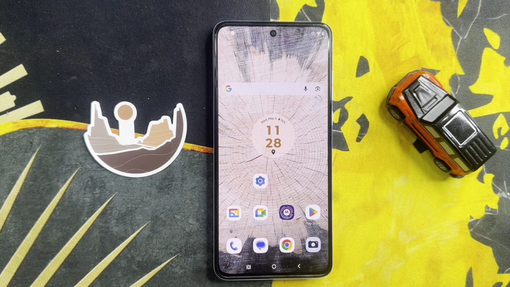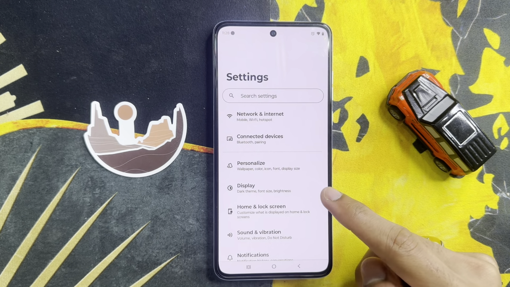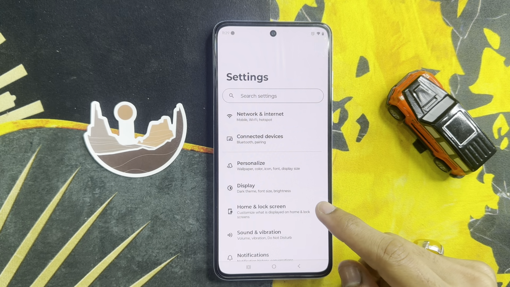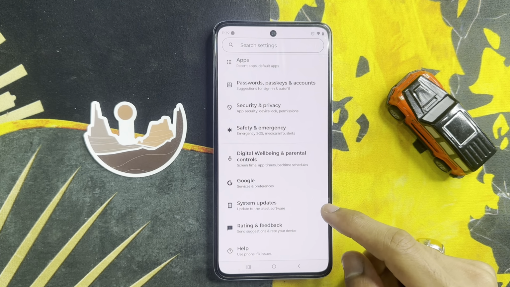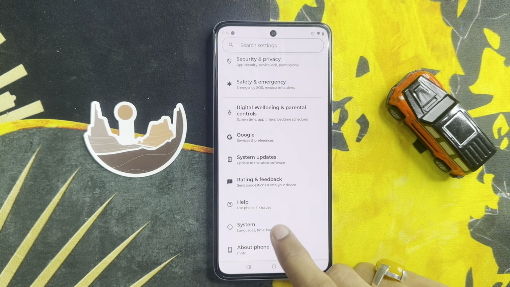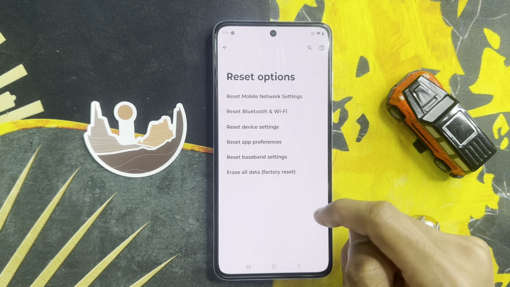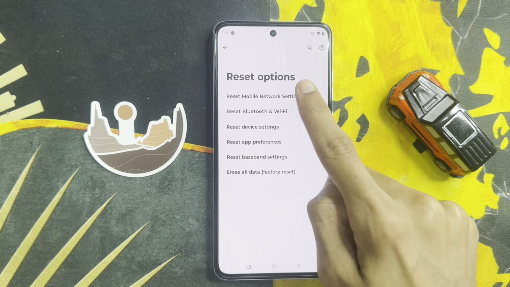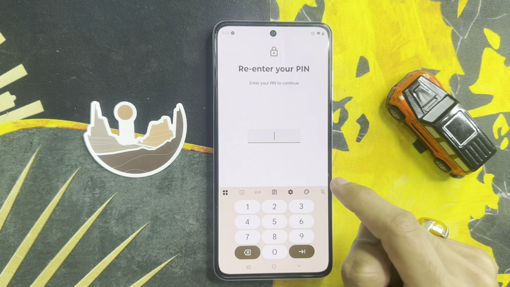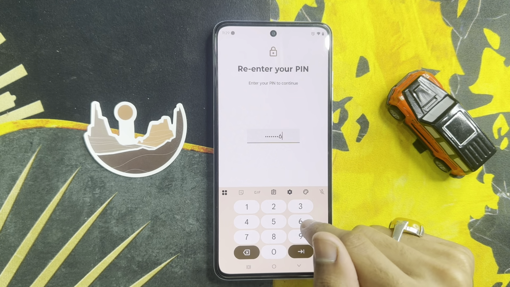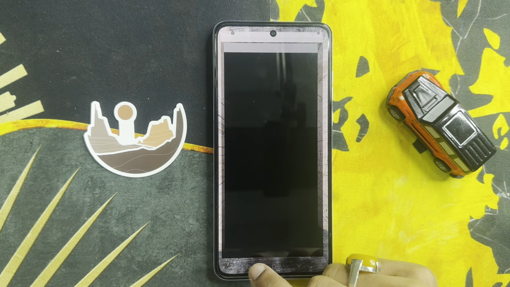But if it is not solved, if you want to fix this problem, again click on the settings app. Now in settings, scroll down to the end, click on system and click on the reset option. If you want to fix this problem, click on reset network settings. Enter the phone PIN, click on this icon. You will see your